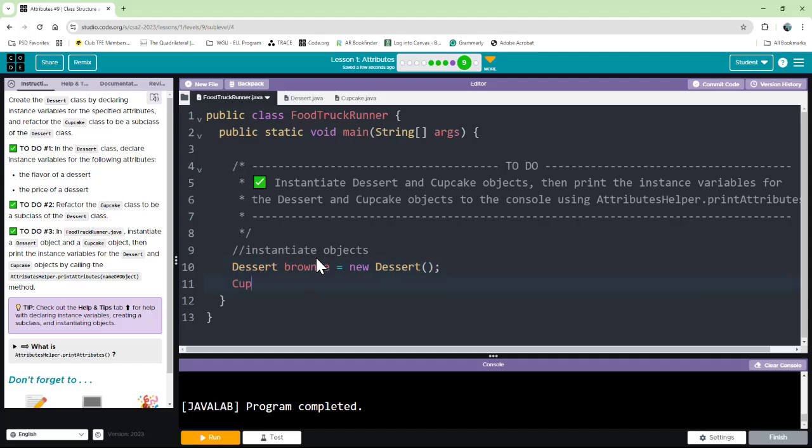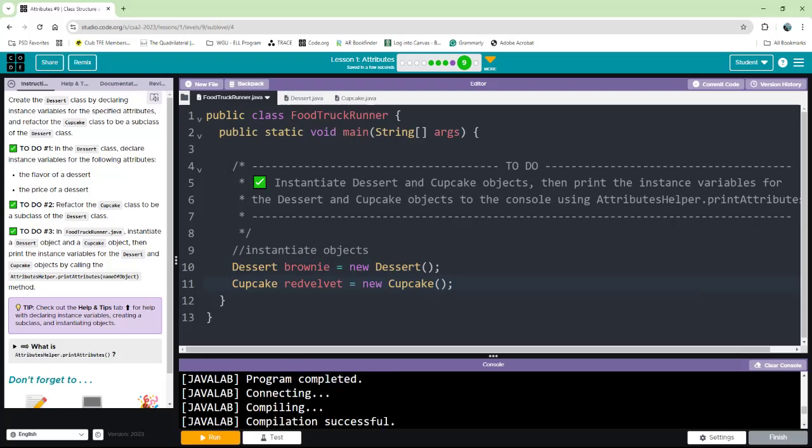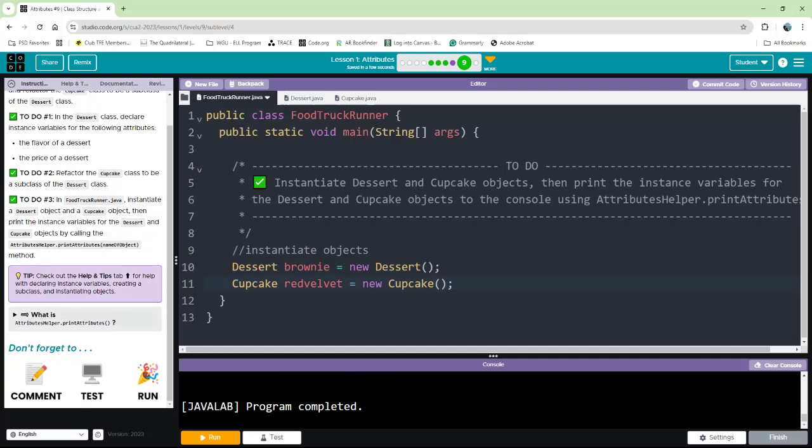And then we're going to have a cupcake class object. Let's just call it sprinkles. I don't know. What's another cupcake? Or red velvet, right? There's a red velvet, which is going to be a new Cupcake with a capital C. Go ahead and run it to make sure there's no errors here. So I instantiated the objects, so they're there. And then I think all I need to do is just run this